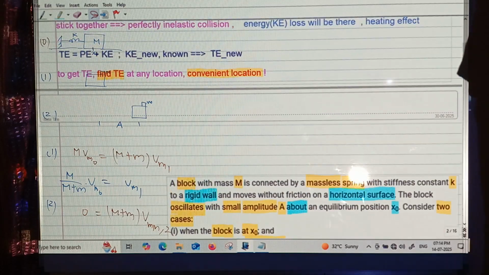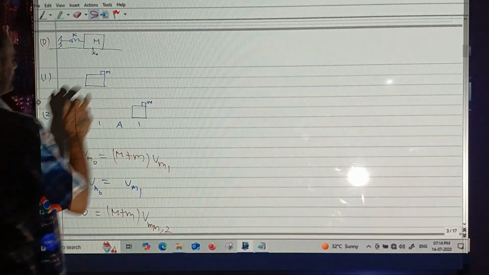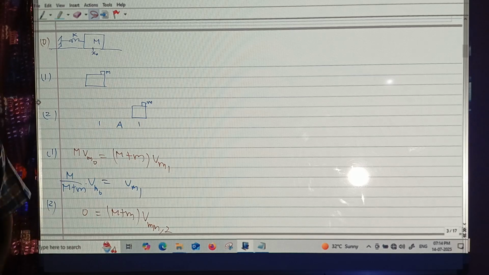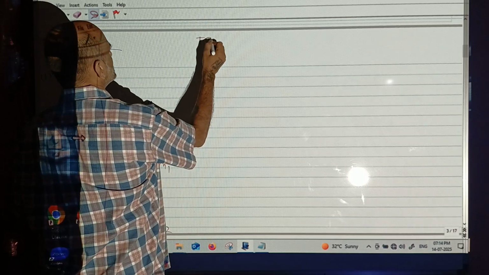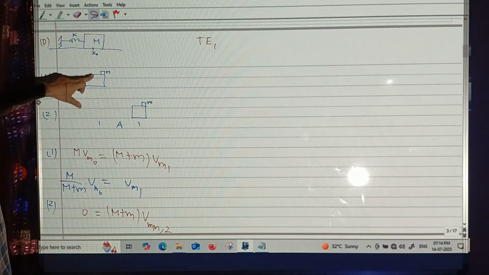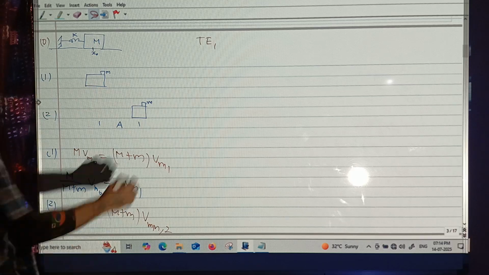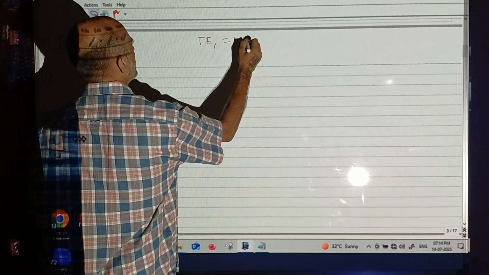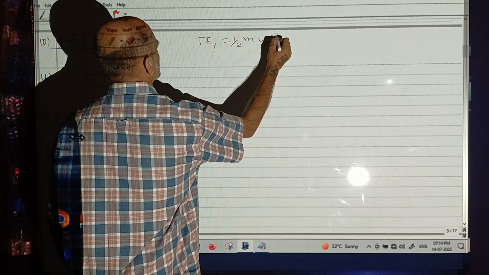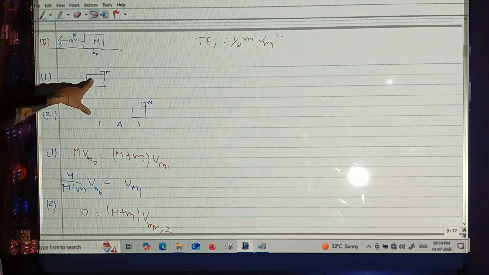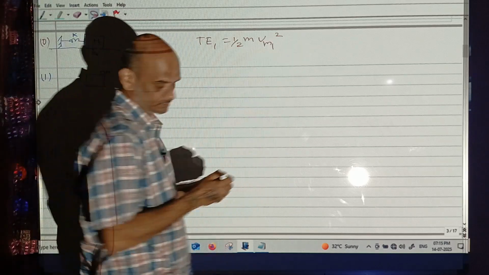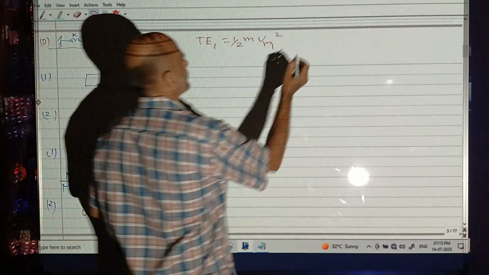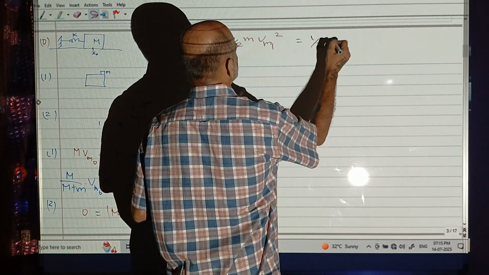To find the amplitude, if I know the energy of the system, I can get the amplitude. The energy of the system I can find in two ways. The total energy of the system in the first case, where m is placed on the capital M at the mean position, is half m V max square, the velocity at this point, because the potential energy at this point is 0. It's also equal to the energy at the extreme position, half k